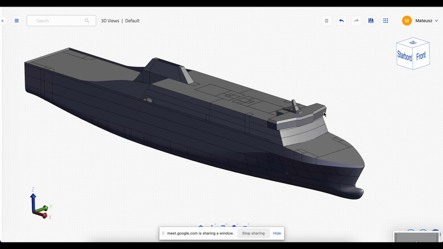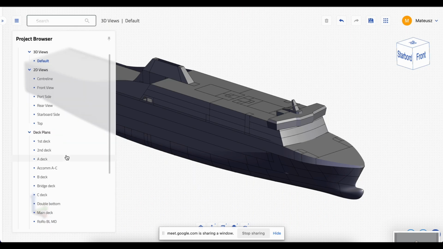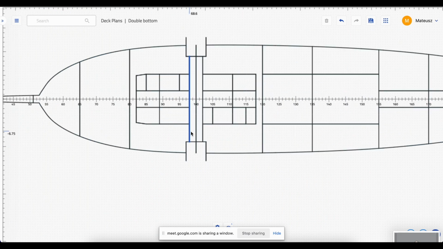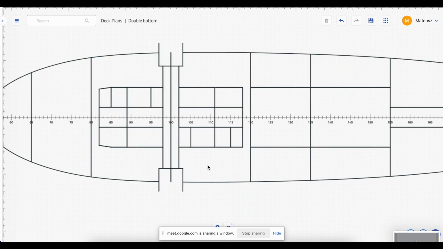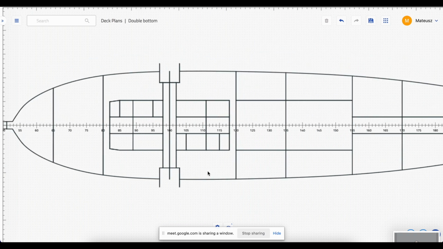Today we will work on the workflow over the tank plan, because this is a good example of how you can utilize the properties built in Naval Architect platform for increasing your efficiency. So as we talk about the tank plan, we would probably want to see the double bottom, which is the space where you have the largest number of separate tanks in the vessel. And we have prepared the geometry